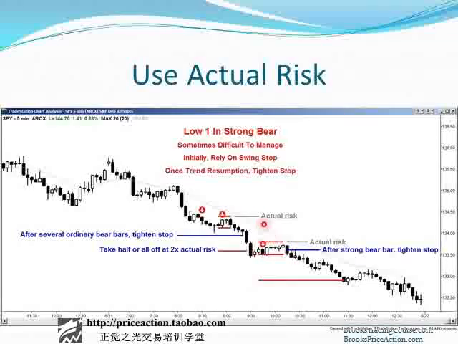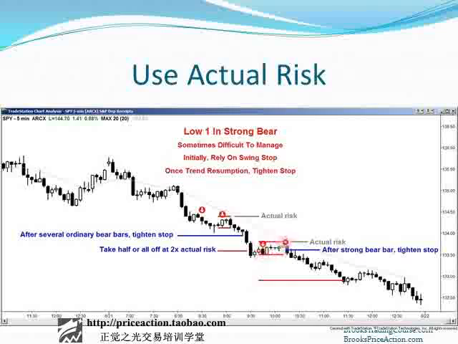You'd move the stop from above the most recent higher high, or the top of this new bear spike, to above this lower high. I said higher high, I meant lower high. Anyway, as the market's resuming down here, you tighten your stop over to here and you could calculate your actual risk. And your actual risk was from your entry price, 1 tick below this bull bar, to 1 tick above